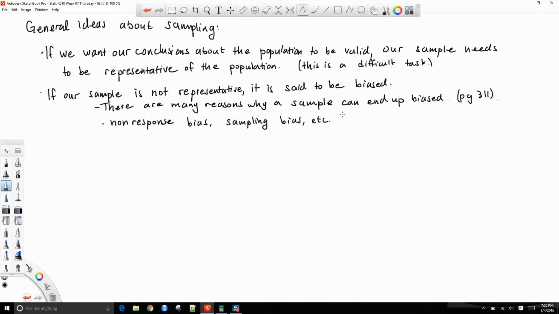We have a question. Yeah, as far as the first point, you wrote that this is a difficult task. I remember in the first or the second one, you said something about the random machine. Simple random sampling? Yeah, so why is that difficult? So I'll talk about simple random sampling and even the difficulties in the quote simple method. But anyway, going on about bias, there's lots of reasons why things can be